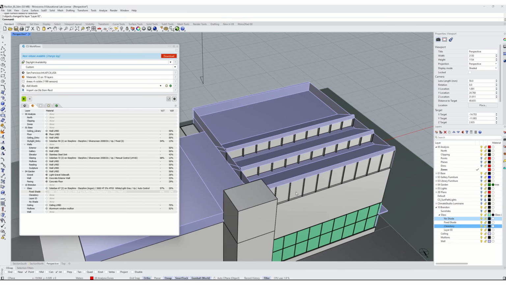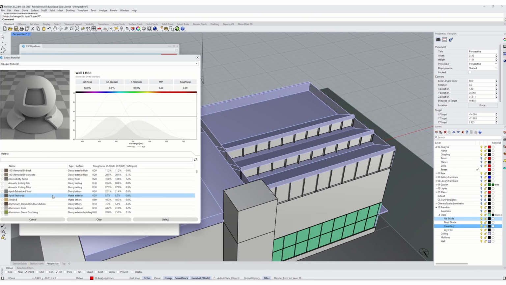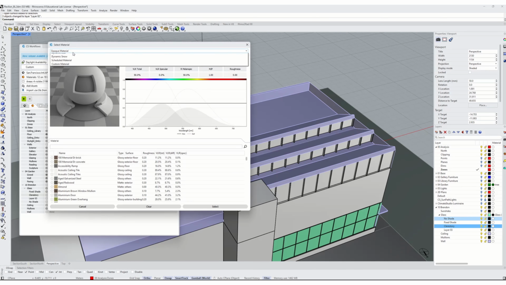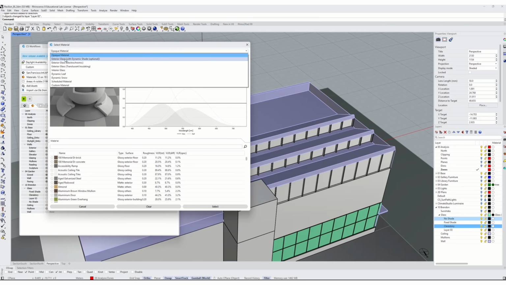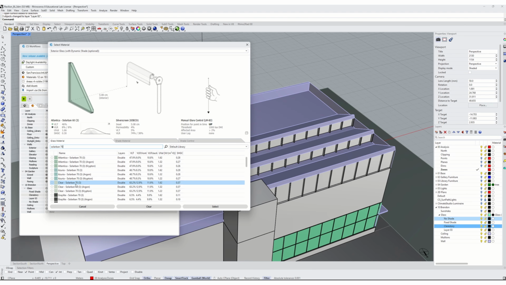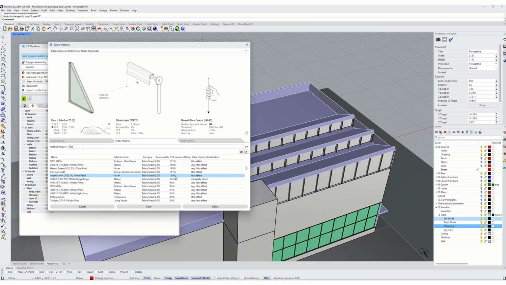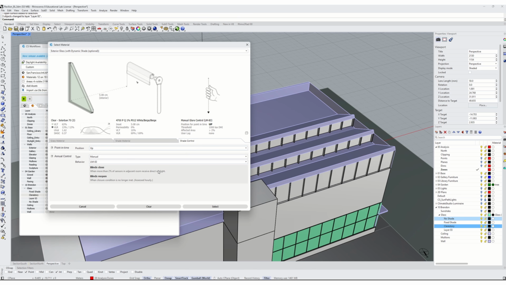I don't know quite how much I have, but what I'm going to do is define that as an exterior glass. I'm going to use that same solar band 70 on clear. With a shade material, I'm going to use that same 10% transmissive, but this time for